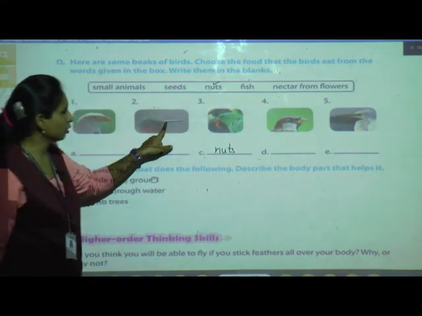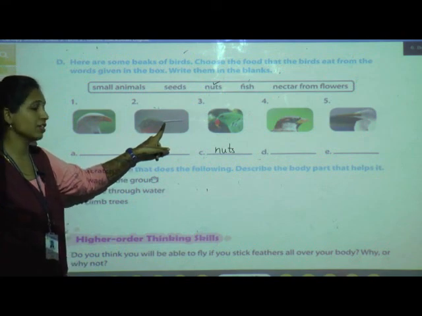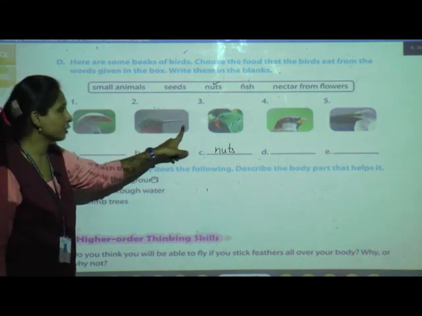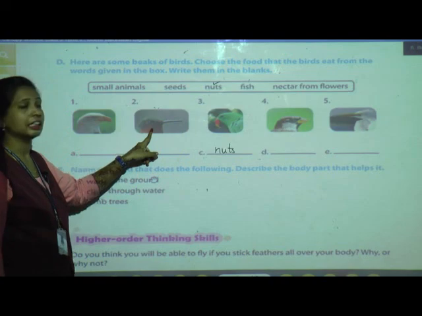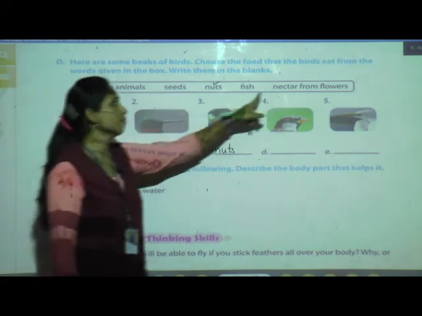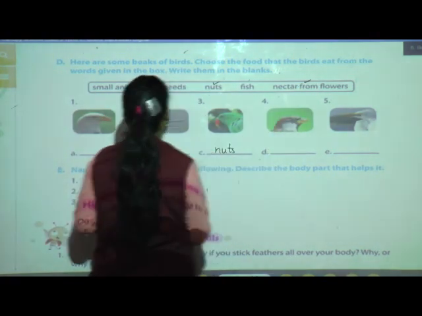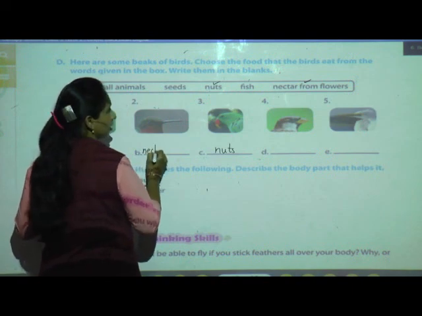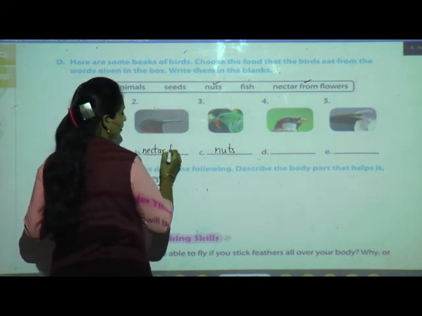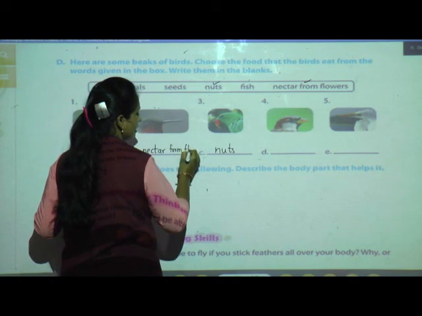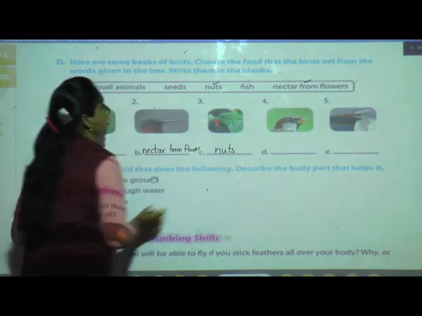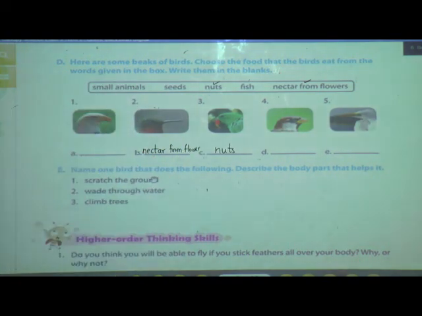Yes, do you remember which bird has a beak like a straw? What will they do? They will suck nectar from flowers. So here I will write nectar from flower, isn't it? Now see what is remaining? Seeds.